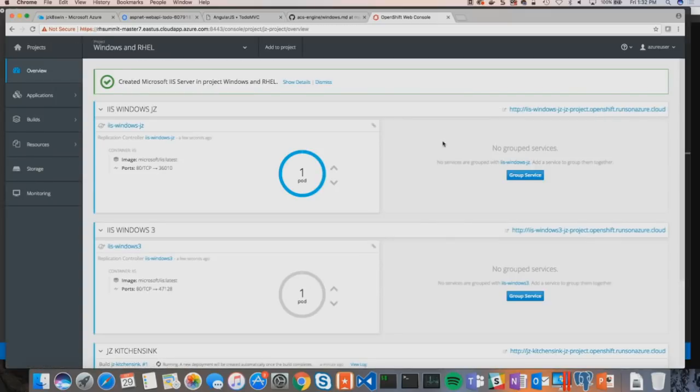Now you can see the Windows app's already up, and the reason for that is because I already had the image in Docker Hub. So I'm not doing a source-to-image build and deploying to Windows. We don't have that working yet. That's something we're going to have to work on with the Red Hat guys to do the build and deploy to Windows. They have build and deploy of ASP.NET Core to Linux, but we need to make that work with Windows. So that's why you're seeing that come up so fast. If we were to dig into here,